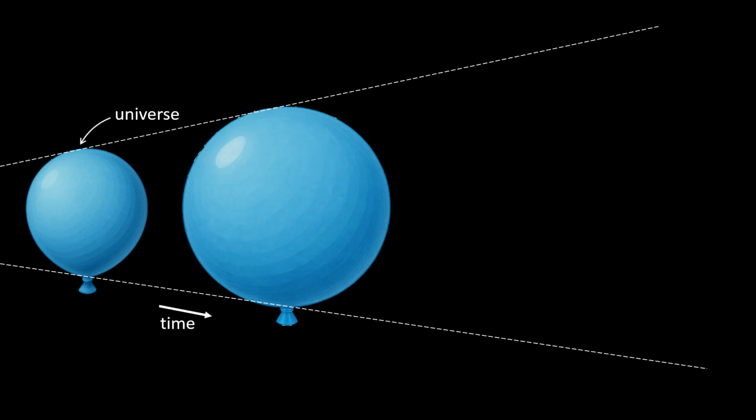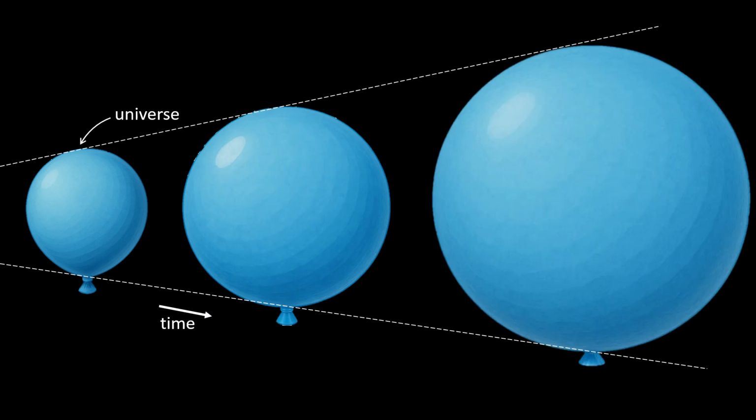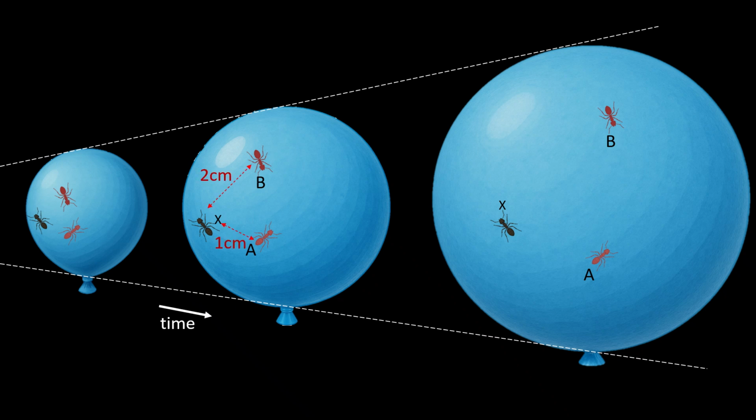Okay, let me give you an example. So here this balloon represents the universe, and over time the universe is expanding like this. Okay, so imagine you're like an ant on this. So you're like this ant here, labeled X, and there's other ants which basically represent galaxies A and B. And let's say the distance from one of those ants is 1 centimeter, and the other one is 2 centimeters. And let's say over 1 second or over some period of time, the universe has tripled in size. So one of the ants that was 1 centimeter away is now 3 centimeters away. The other one was 2 centimeters away, now is 6 centimeters away. So it's increased in length by this much.